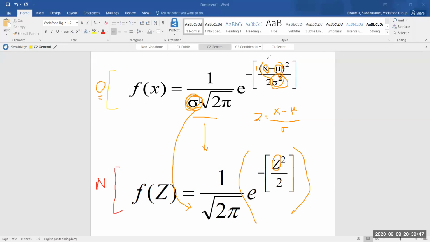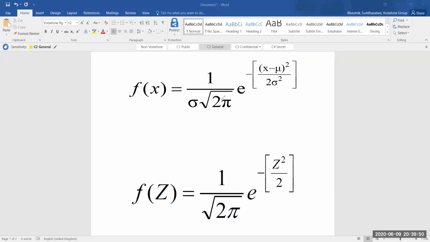The reason why I didn't want to discuss this yesterday is not because this formula is really complicated. Yes, I do understand this is complicated, because this part in the formula, looking at a mathematician's view, is a constant with a variable. So almost everything in this part is actually constant. This denominator 1 by root under 2 pi is so small that adding a sigma to the multiplication is really not going to matter anymore. So that's why 1 divided by sigma multiplied by root under 2 pi is almost the same as 1 divided by root under 2 pi, because it doesn't matter how much is the value of this, because this value is very, very small,